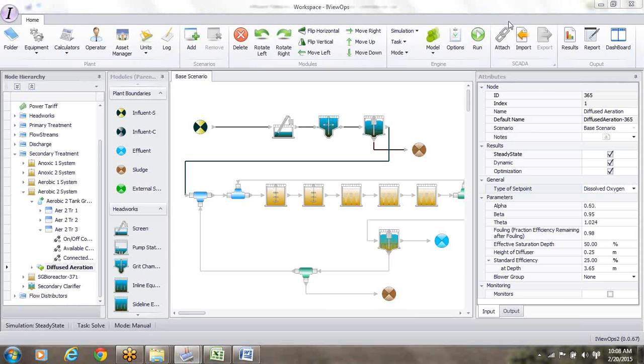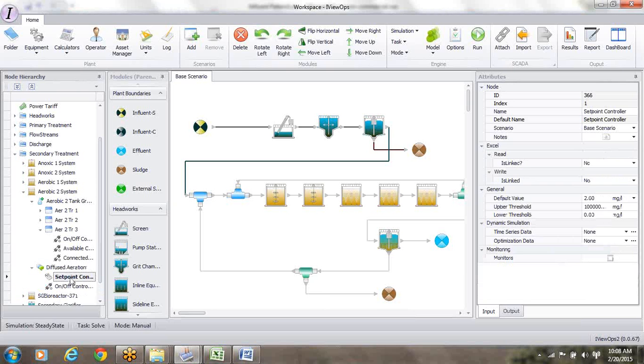Now one thing I want to show you is that in aerobic 2, under its diffused aeration system, the alpha may not be the same as aerobic 1. In fact, the alpha may have gone up. So what I've done is I've taken the alpha up from 0.55 to 0.6. There's the same type of diffusers here. And regarding the set point, I could have a different cell and a different data stream of DO that is feeding in here. But for this simple file, I'll use the same